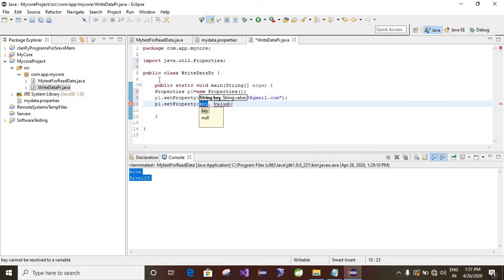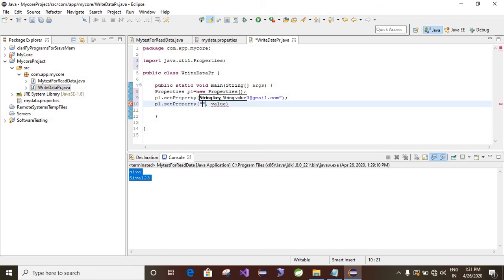Set property means setting the value, means we are going to write the data. Getting means you are going to get the data. Get property and set property: get the value, set the value. See, set property email given, and here you can give a phone number, whatever you wish.